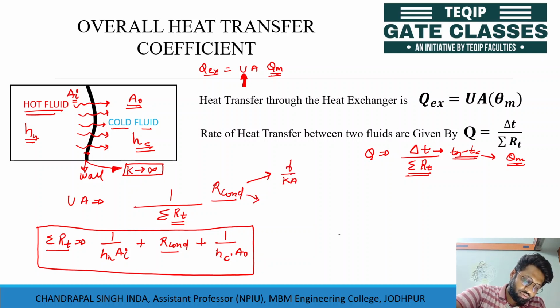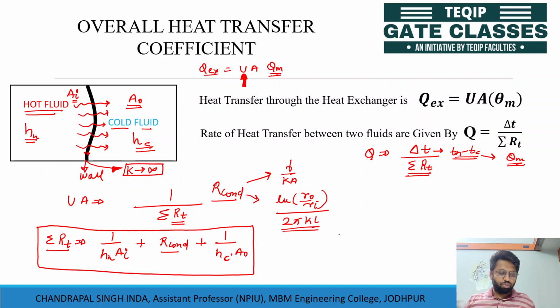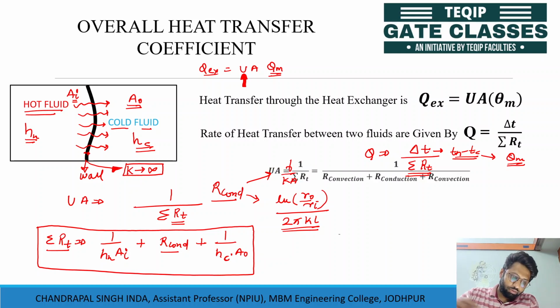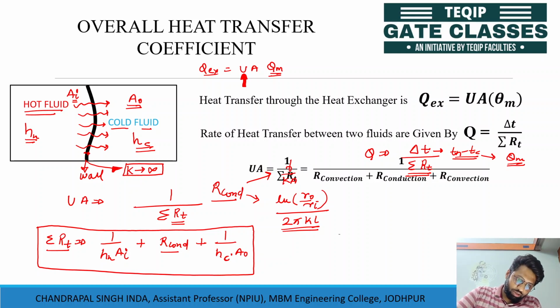In another case, if this is a cylindrical wall, we will have log of r outer by r inner divided by 2 pi k and the length of the cylinder. So this is how we are going to find the overall thermal resistance, and we will have that UA is equal to the